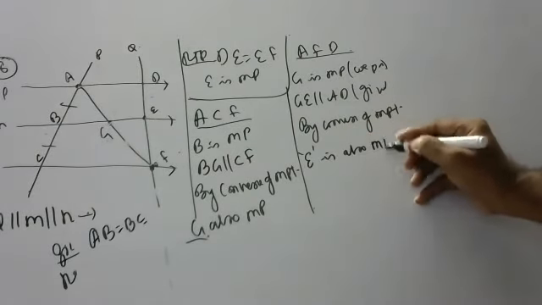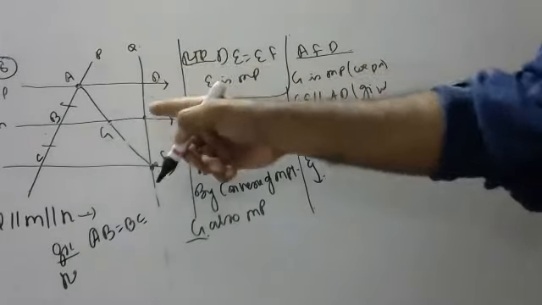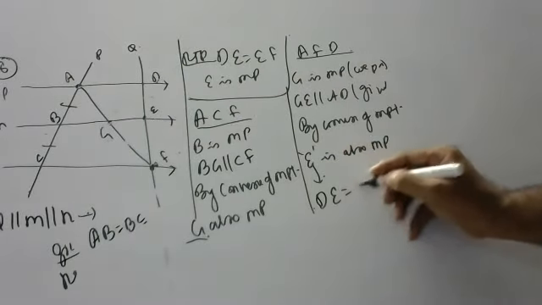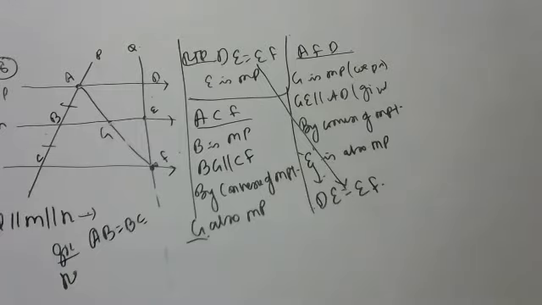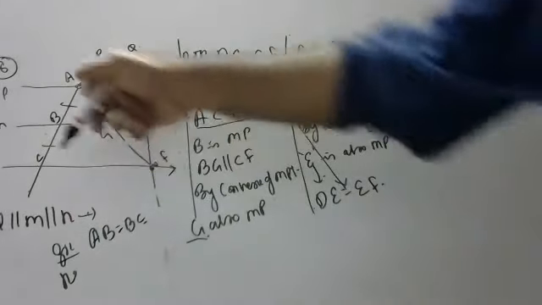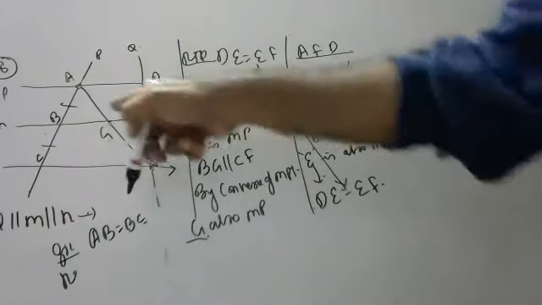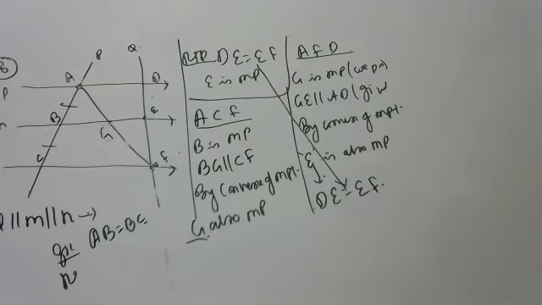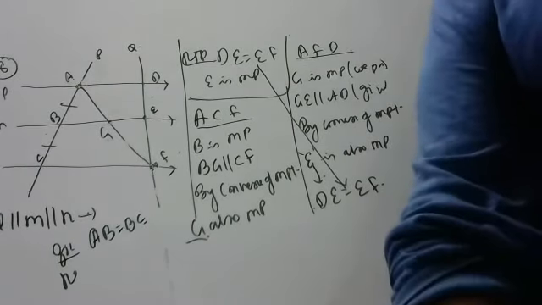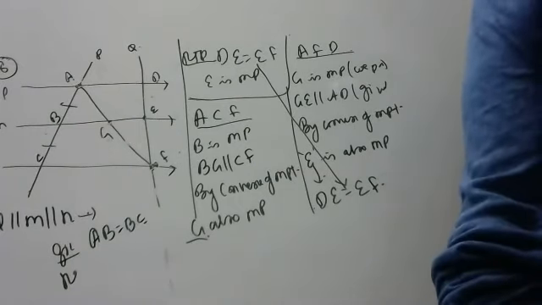If E is the midpoint, then what can we write? DE is equal to EF, hence proved. That's it. First I took this triangle, then I took this triangle. In this triangle I proved this is the midpoint. In this triangle I proved this is the midpoint. That's it, children. This is how we have successfully completed all the examples of quadrilaterals. Thank you. Practice these 3 times.